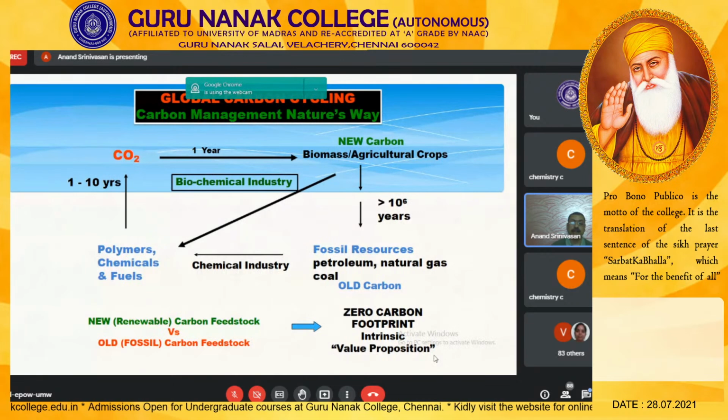And at the same time, when you switch over to this particular pathway, you are also avoiding the carbon dioxide emission to the atmosphere. So this is the preferred strategy for many researchers nowadays. You can get your new polymeric material, that is your polyethylene or polypropylene, this way. And the new renewable carbon feedstock is what I'll be interested in, because it leaves a zero carbon footprint to the atmosphere.